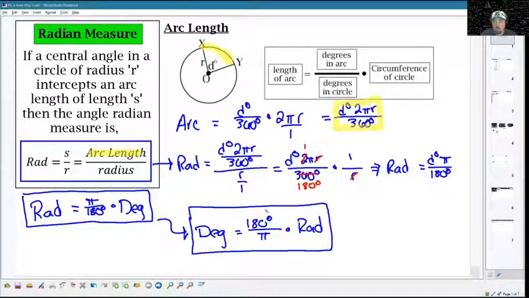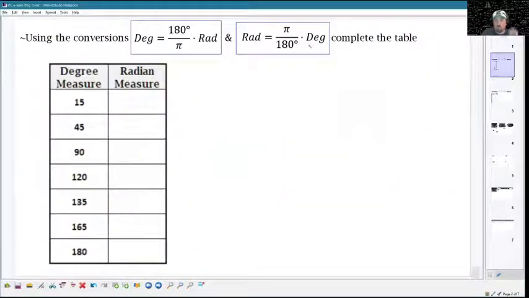And we're not going to do a ton more here, but we do need to understand how to go back and forth. So let's just practice that. So now that we've got these formulas,